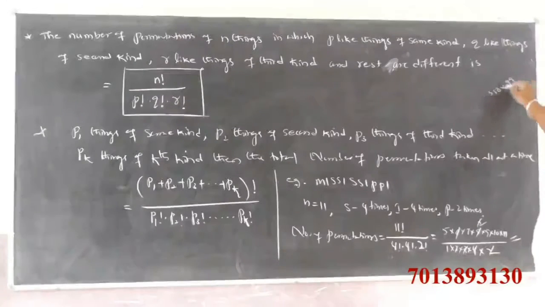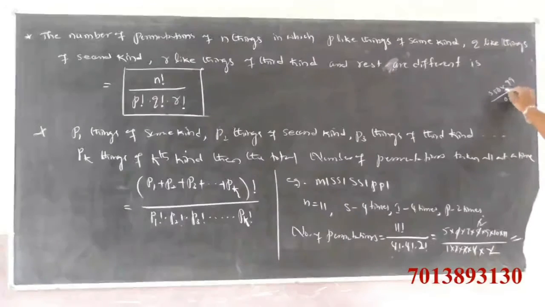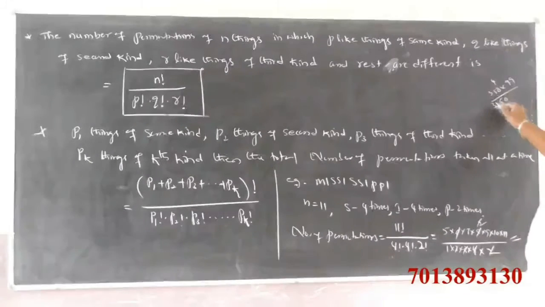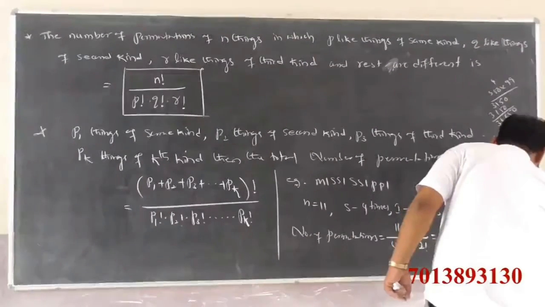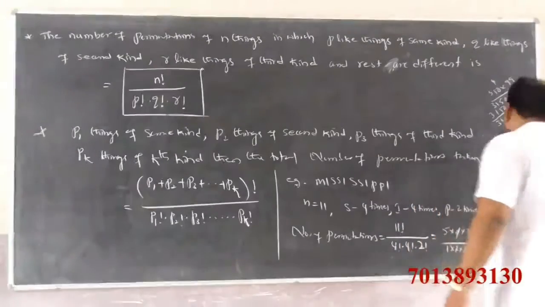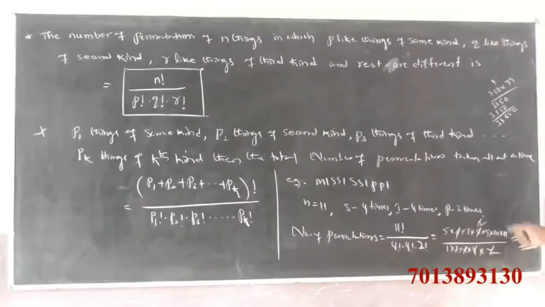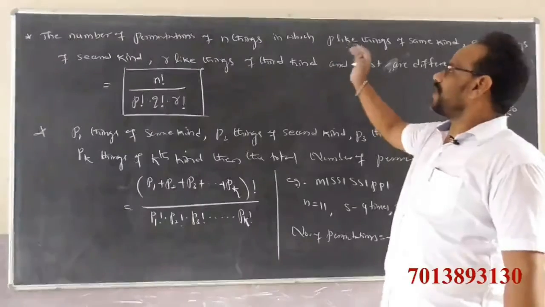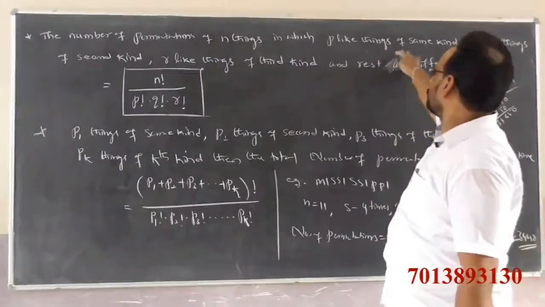350 into 9 elevens is 99. So we get 3150 times 11, which is 34,650. So 34,650 permutations we get. Observe here, the number of permutations of n things in which P things are of the same kind